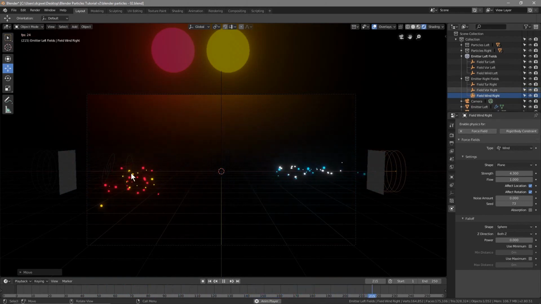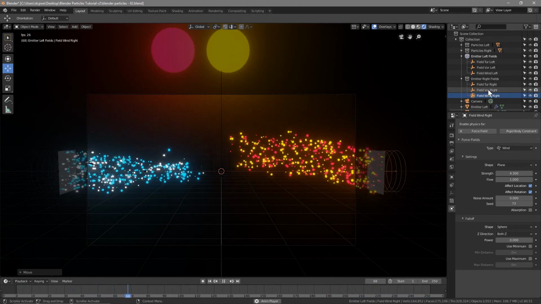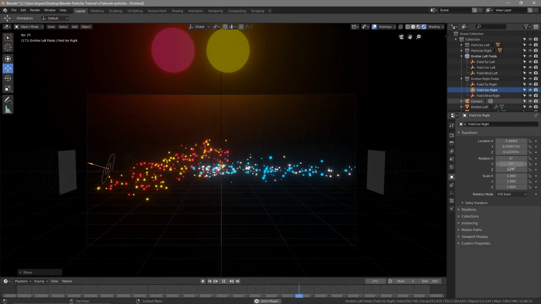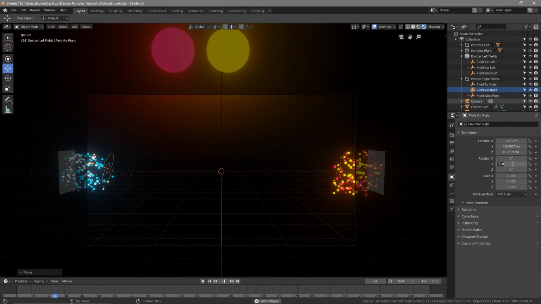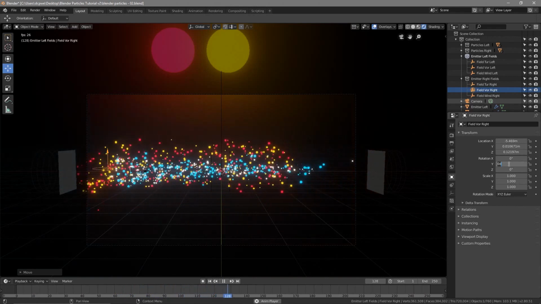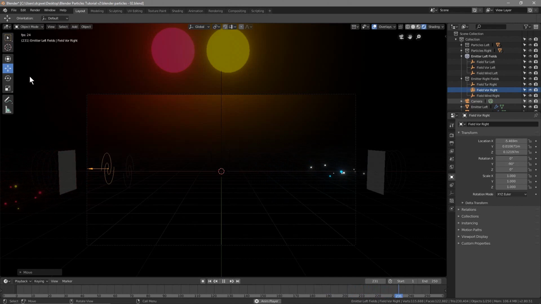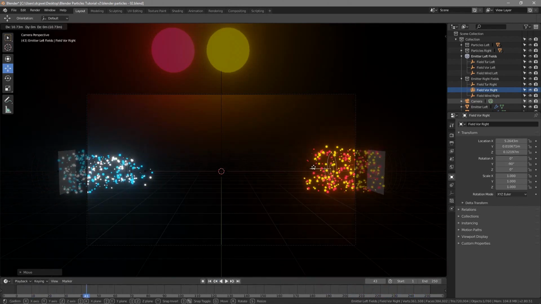Really, what I would probably do to tidy this up is go to the right vortex. Let's go to its settings, and let's set the Z rotation to 0. We'll set the Y rotation to 0 as well. The Y actually will set it to minus 90. So it's facing back that way. Well, let's pause this a second. Pause it. We'll drag this back to where it was before. So I roughly want them both to be the same sort of